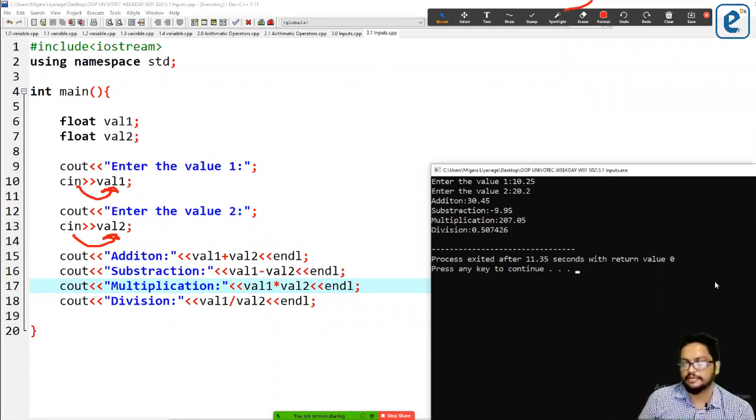So that's using cin. You can use the cin command to take inputs in the code, right? Understood.